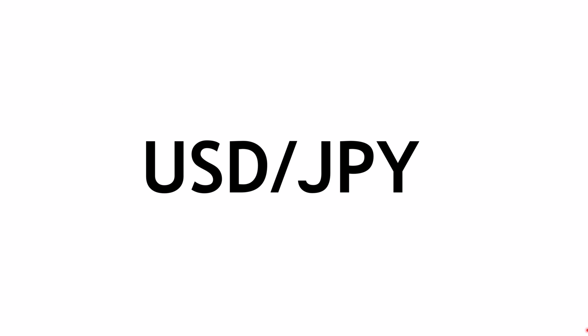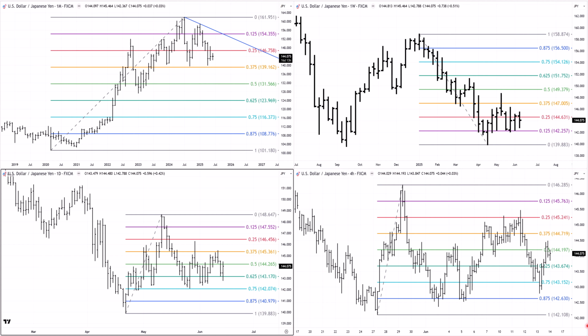Let's move on to the US dollar, Japanese yen. When I was doing a run through these slides, I had to pause and double check that I had remembered to update this slide, because I think it's been the same slide or very, very similar for about 6 weeks on this market. You can see over here on the monthly chart, we had a top come in and a nice run down there into, maybe a little double bottom there. A weak rally into a lower top there, which I've now got a trend line running down there. And then the market has run down to a third bottom, but it's a slightly higher bottom there.